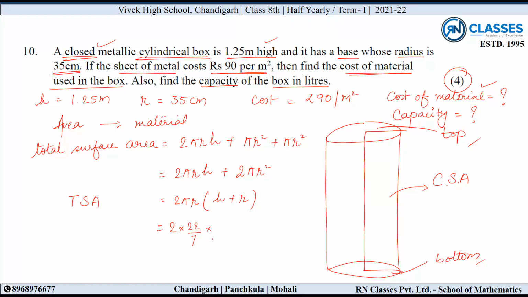अब आर, अब ध्यान दो मैं आर यहां पे देख रहा हूं 35 सेंटीमीटर दिया है, एंड हाइट देख रहा हूं 1.25 मीटर, एक ही चीज होनी चाहिए, या तो सेंटीमीटर या मीटर, राइट। अब कॉस्ट दी हुई है 90 रुपीज पर मीटर स्क्वायर, पर मीटर स्क्वायर की बात कर रहा है, मींस हमें रेडियस को मीटर्स में चेंज करना पड़ेगा। कैसे चेंज करूंगा? 35/100 मीटर्स। सो रेडियस को मैंने लिख लिया 35/100, एज सिंपल एज दैट, राइट।